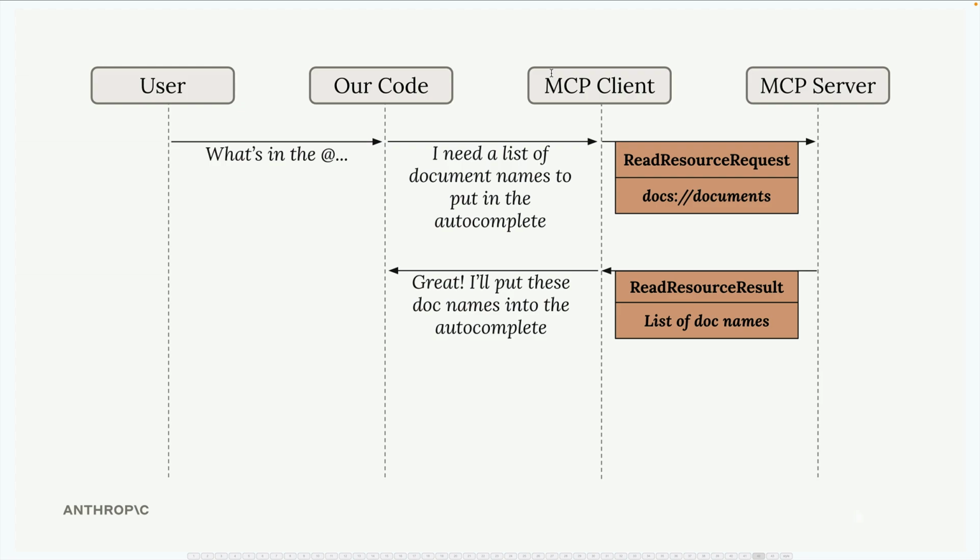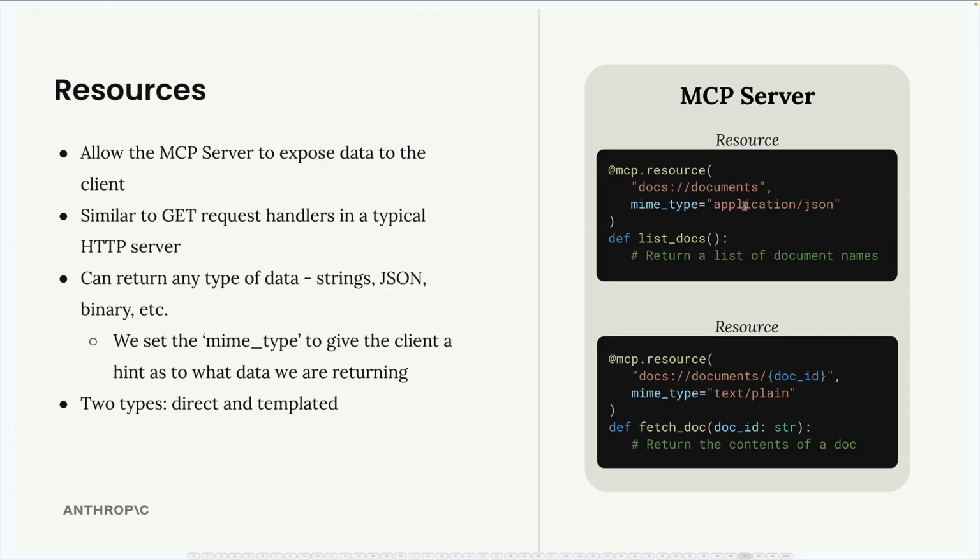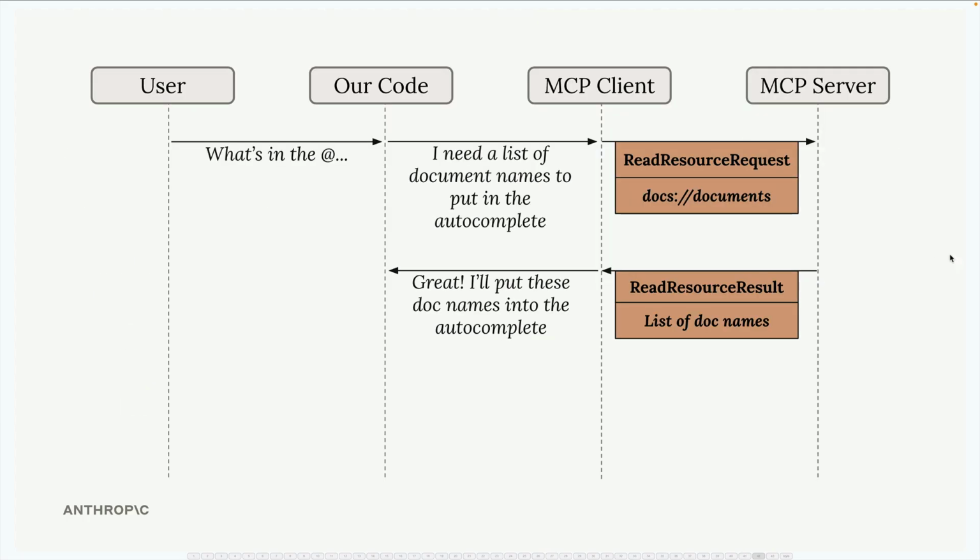Inside of that read resource request, we're going to include something called the URI. That is essentially the address of the resource we want to read. This URI gets defined whenever we put together our resource initially. So the URI is that right there. When we send off this read resource request, the MCP server is going to look at the exact URI that we put inside of here,